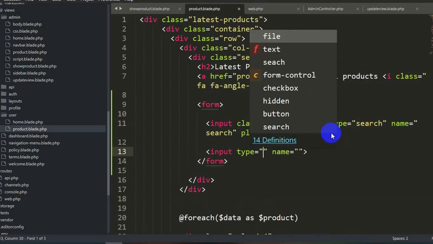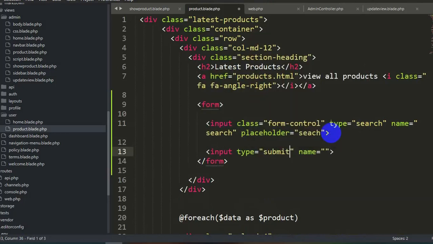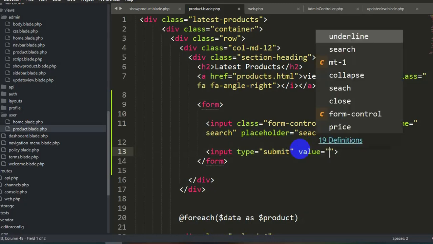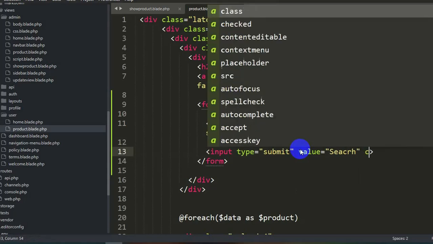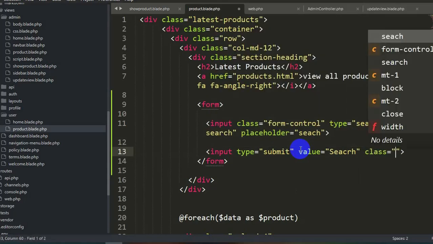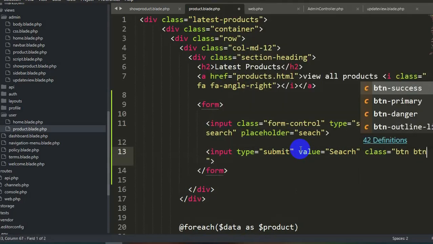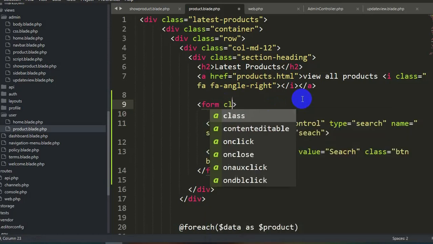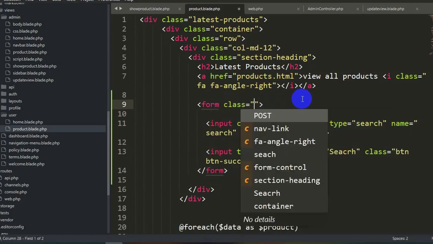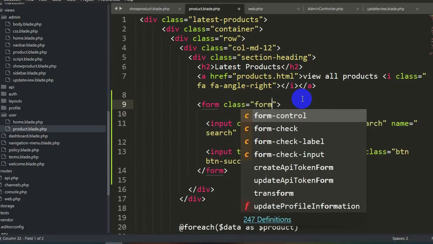So input type will be submit, and it will have a value. Let's say value will be search, and let's also add a bootstrap class, btn btn-success, and inside this form we are going to say class is equal to form-inline.